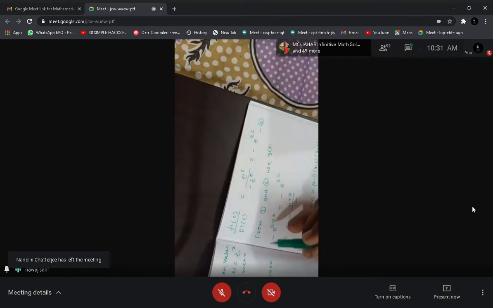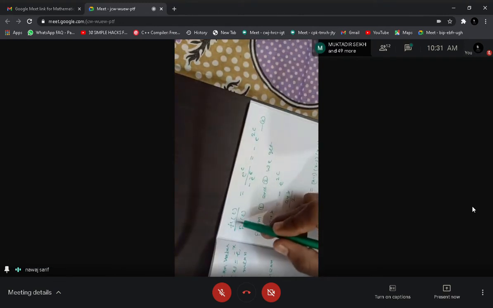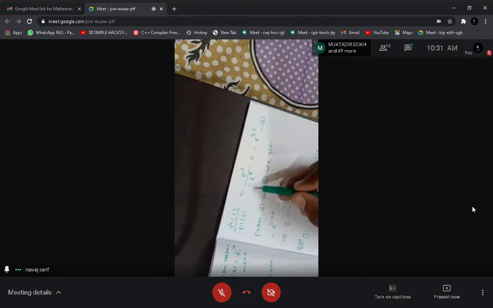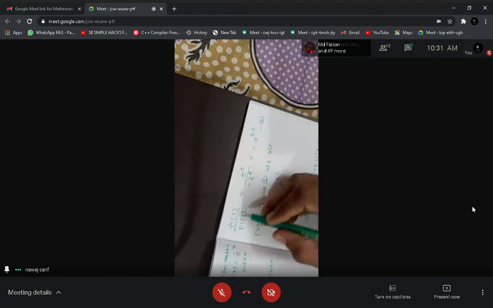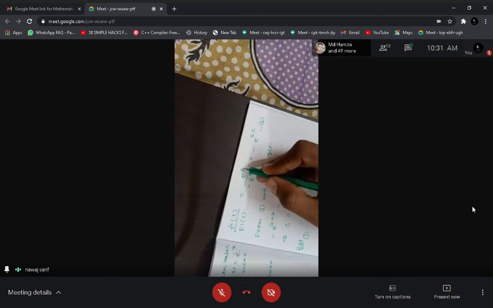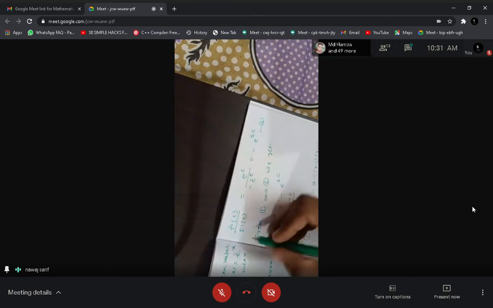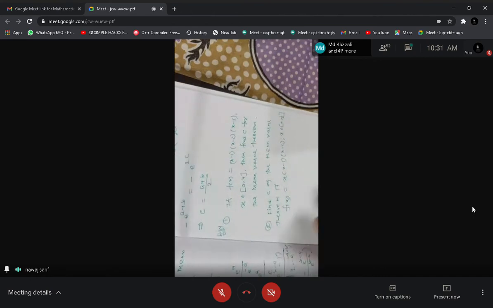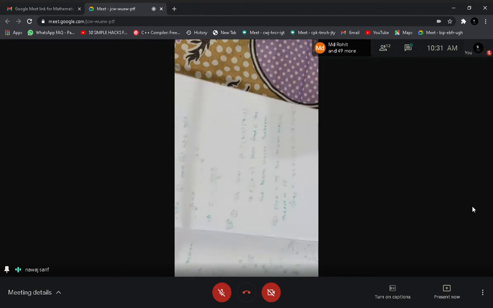In the second equation, what you need to find? f dash c by small f dash c by capital F dash c. Small f(x) is e to the power x. So derivative of e to the power x is e to the power x, and at c this is e to the power c. And derivative of capital F, so this one is minus e to the power 2c. So these two are questions. Try to solve this one at home. Find the value of c for mean value theorem.